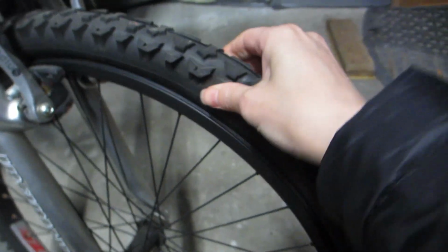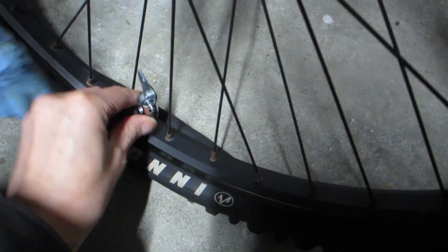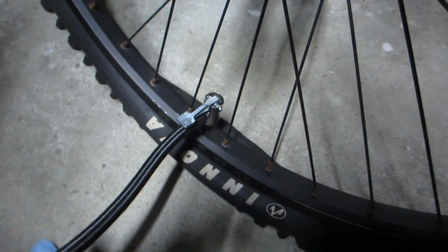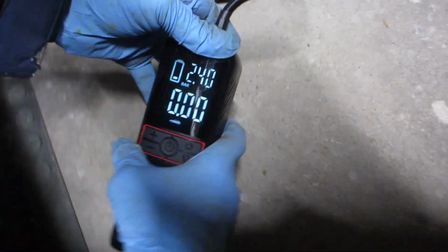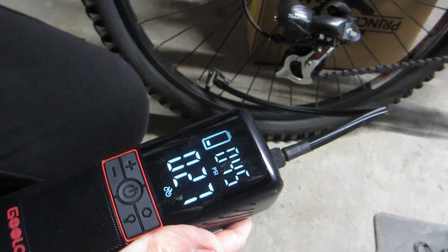And for our last test, we're going to inflate this bicycle tire. As you can see, this tire has some air in it, but not nearly enough. We'll insert the tire inflator hose, and then this time we'll go ahead and select the tire pressure for bicycles. Once it reaches the targeted 45 PSI, the unit will stop, and then you can remove the tire inflator hose